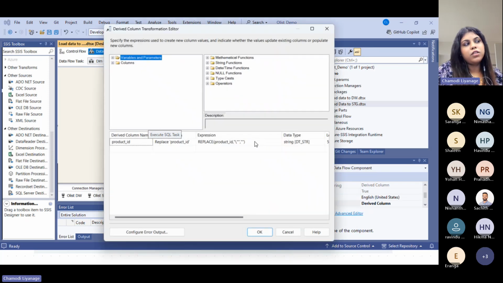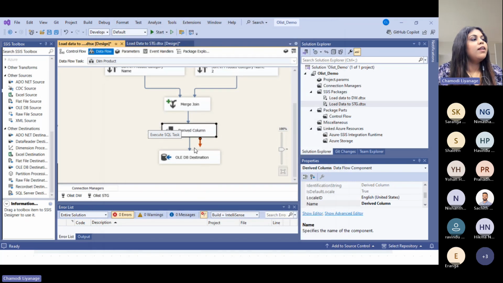What I noticed when loading data was that there are some product IDs with inverted commas. So I wanted to replace all those inverted commas with an empty string. I just wrote it like this. That way we can do a lot of transformation here as well. And then I have uploaded this to